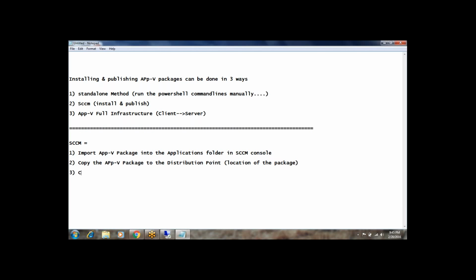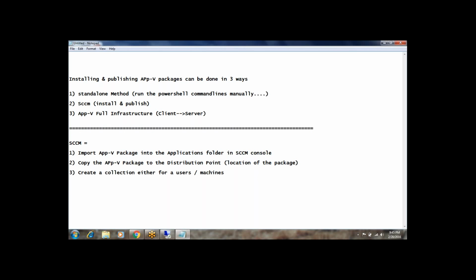Third one is create a collection, either for a user or machine. If you want to install to the users, create a user collection, or else create a machine collection.